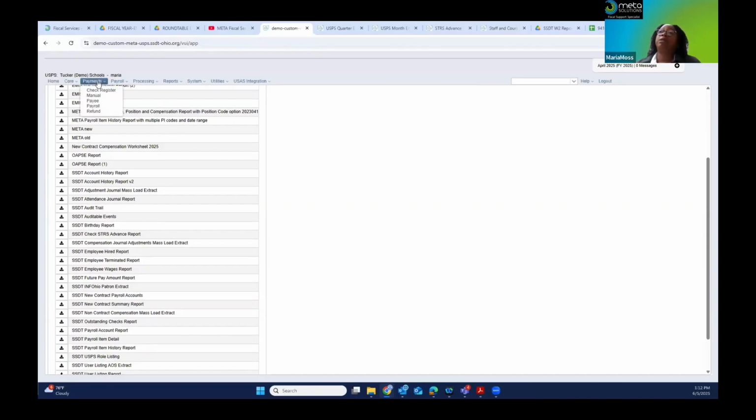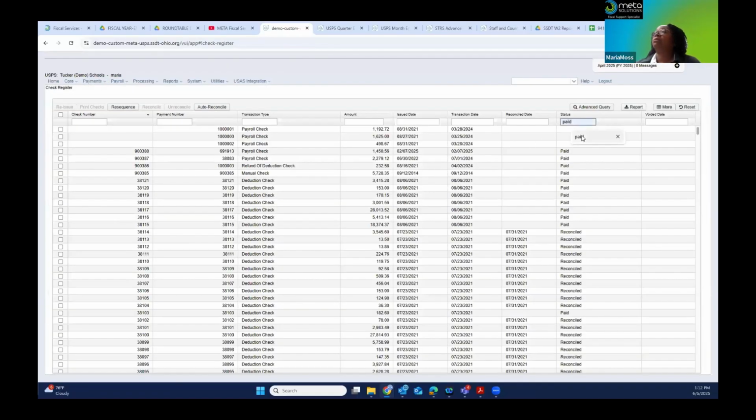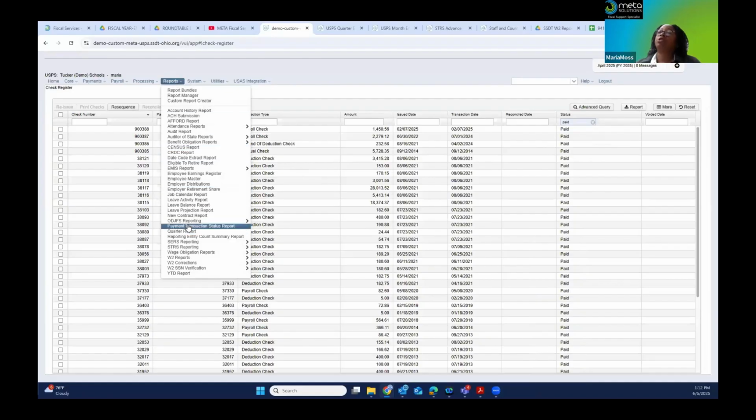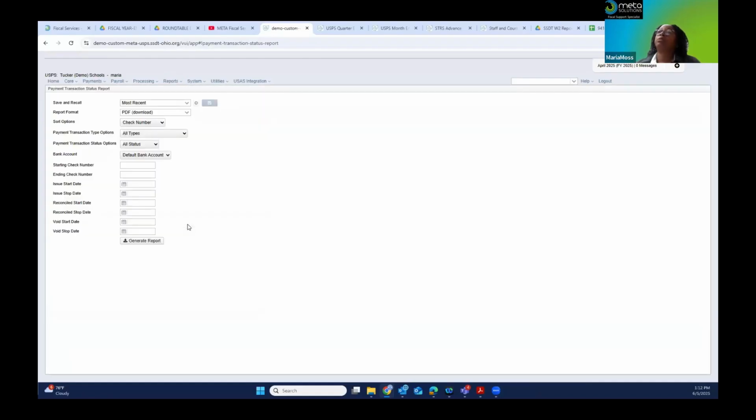Secondly, you can go to payments, check register, filter by paid to see what checks are outstanding. And the third option is going to reports, payment transaction status report, and you can use different statuses. In this case, you would use paid, entering your dates, and generate a report.